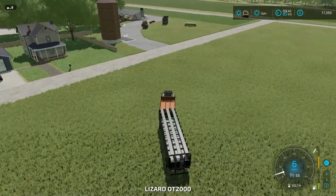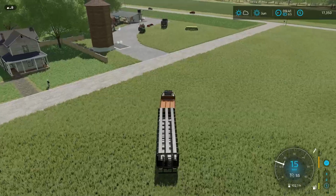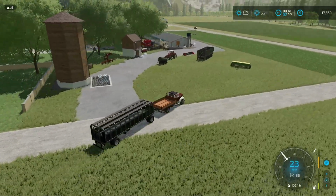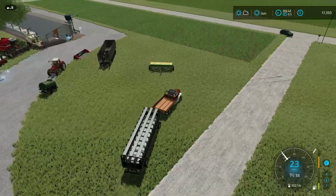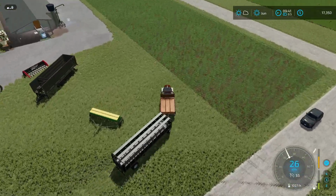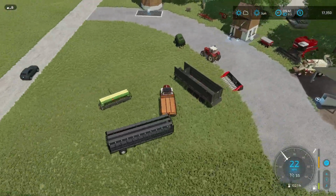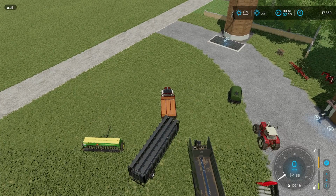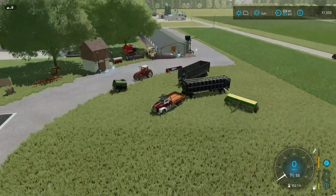I think the order of operations for us on here is going to be to try to manufacture more and more pig food, still using this same barn here, because we want to get to a point where we have enough pig food where we can sell these guys at their most profitable every single time. That would be ideal. If we can start selling them without having to buy any pig food, just from what we're producing, that's a good step. And then from there, I think we'll expand and maybe get another pig food area,